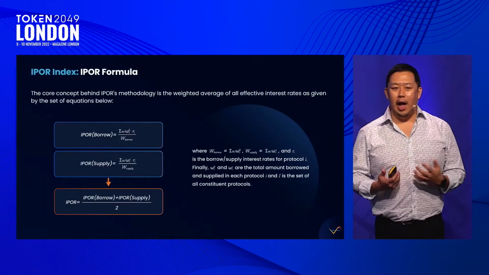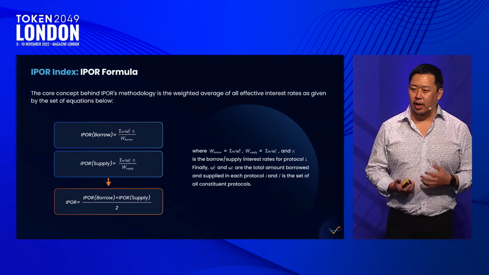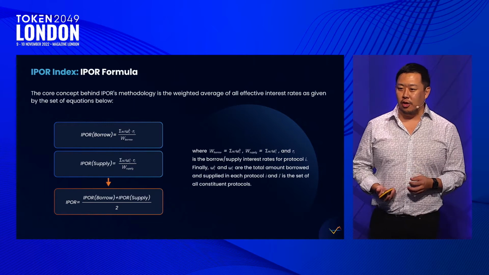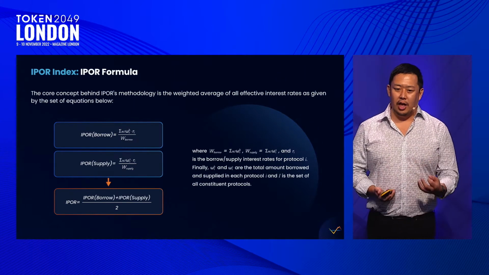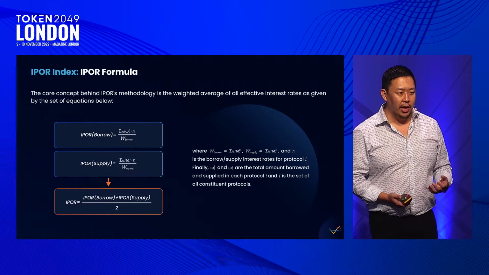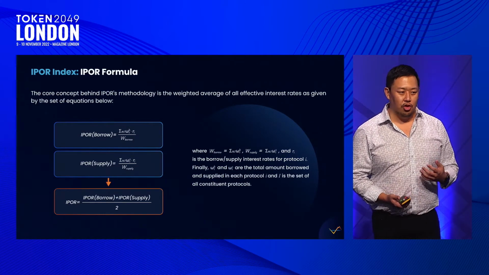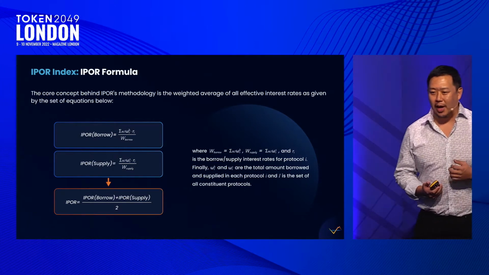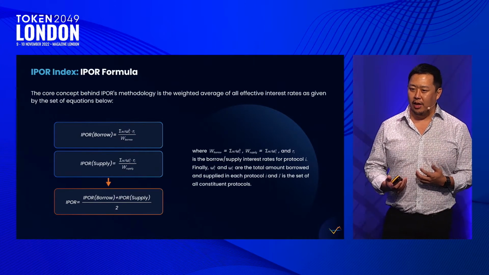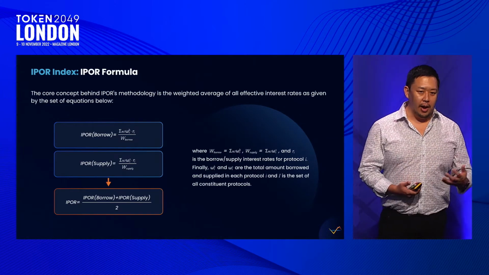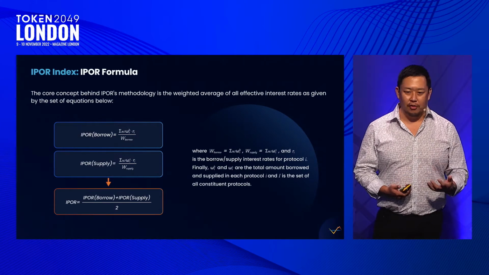So for example, how is the IPOR index weighted? Well, again, it's taking a survey from these smart contract protocols. So in its initial construction, it's taking from Aave and it's taking from Compound. And it's not technically an offered rate, it's more of a mid-market rate because of how the rate dynamics are structured. The interesting part will be how does this index rate evolve in the future? How do you ingest, let's say, the rate behaviors from different protocols?